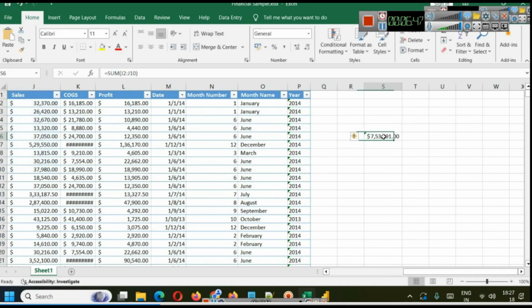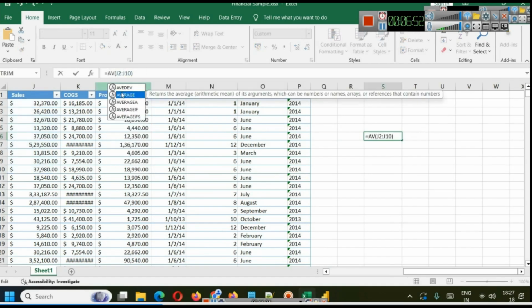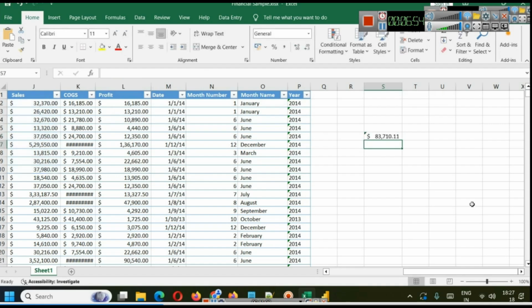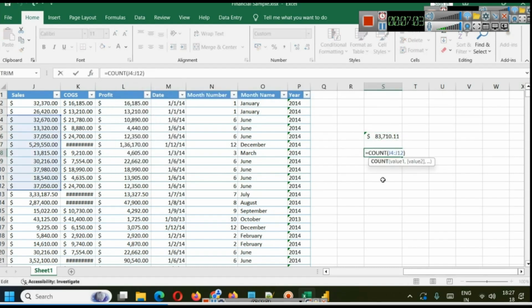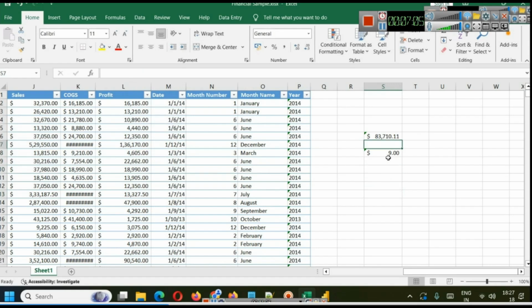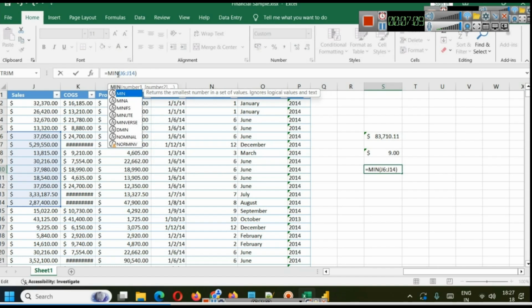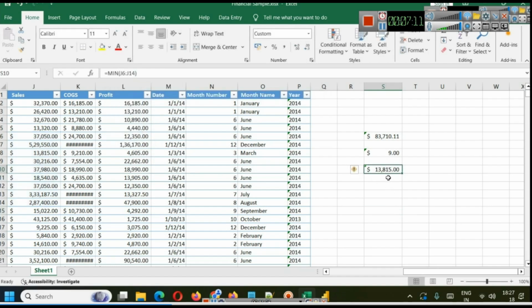So we have selected a range, and in that range, whatever values of sales are coming, we are summing them or finding their average. So these are all single values, okay? Like count them. So when you have these single values, this is like a measure you are creating, a calculated measure that you are creating. You can find minimum, maximum, average, sum, standard deviation, these types of single values, which we use in card